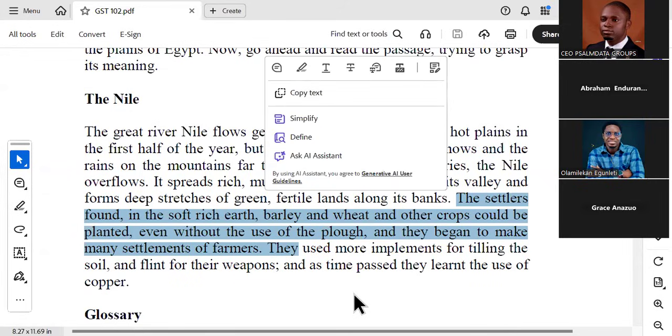Anybody? Yes. Nobody is talking. We don't know it. We've done this yesterday. You don't know it too. This long sentence, you don't know what you can remove and the thing will still be okay.